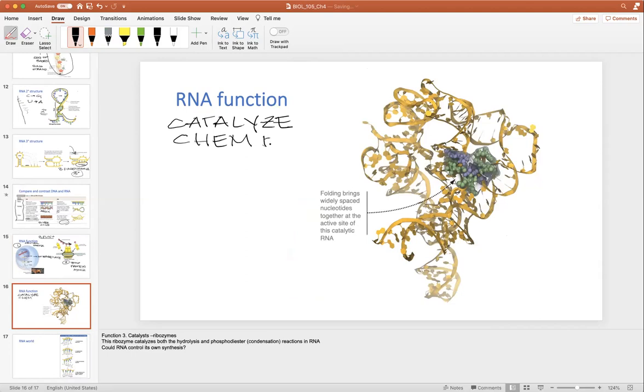Now, you may be thinking to yourself, what? This is function three. In the protein lecture, I told you that enzymes, which are a type of protein,